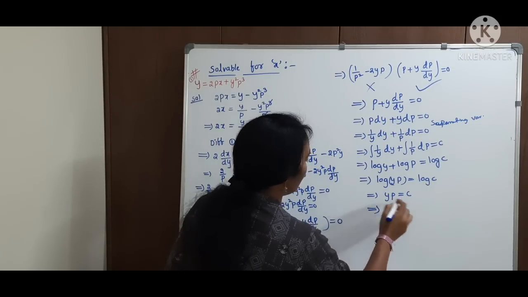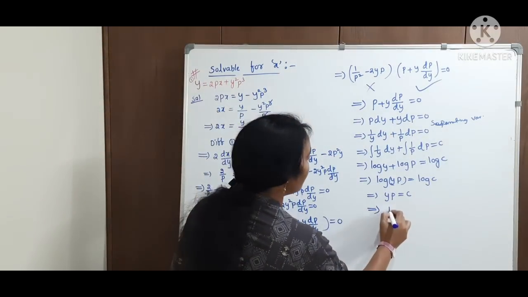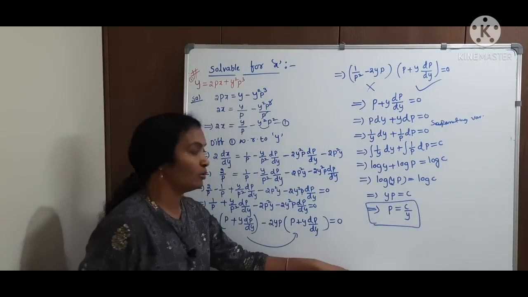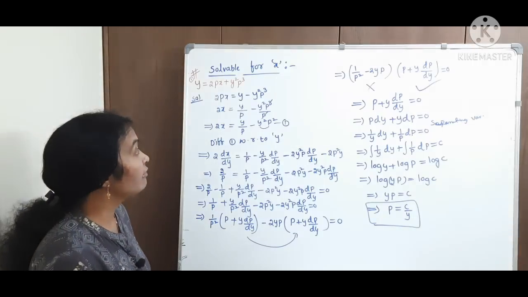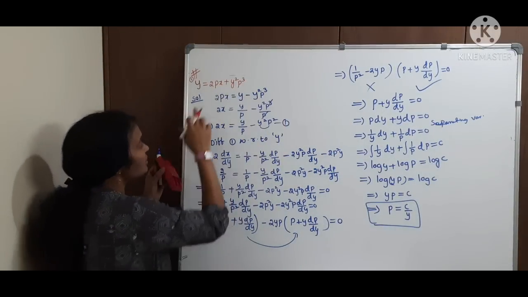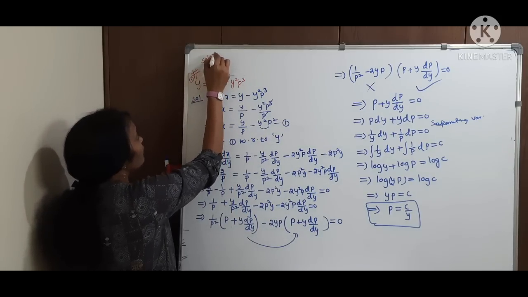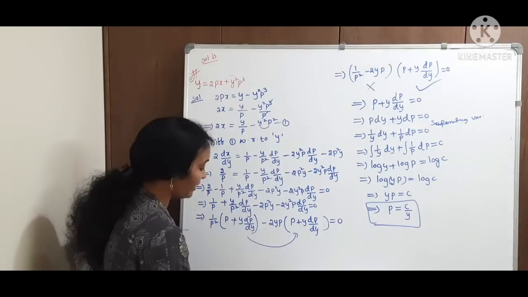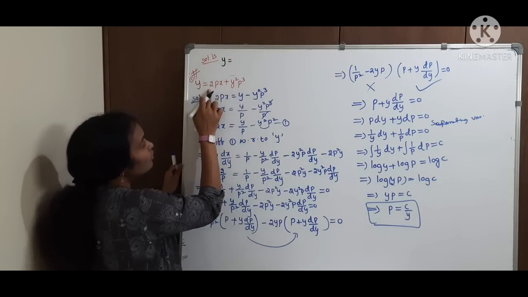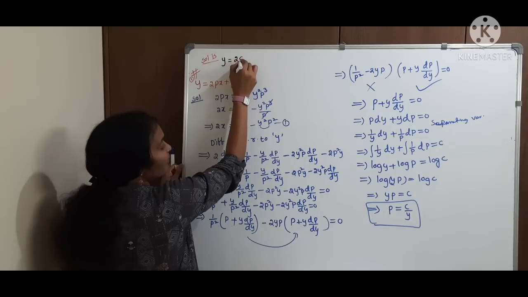For that, sorry, from here what do I need? Considering the p value. What is our p here? c upon y. After that, what we have to do? Put p in our given equation. That is our final solution. How does the final solution come? Substitute p in this. Therefore the solution is, what is the final solution here? y is equal to 2px, 2 into, what is our p? c upon y